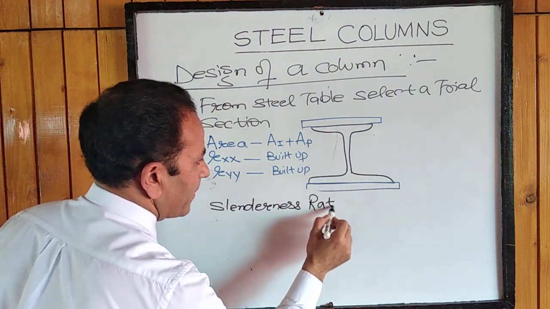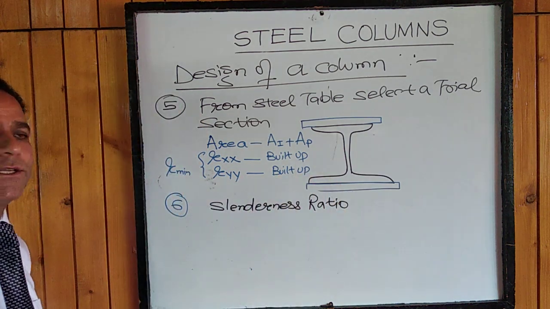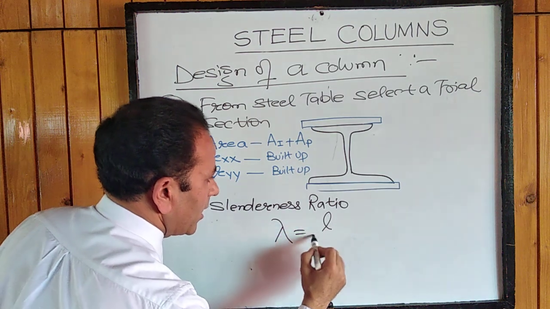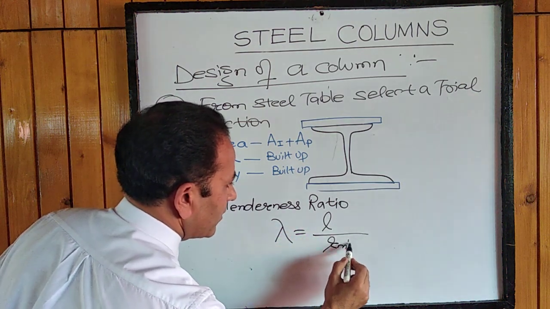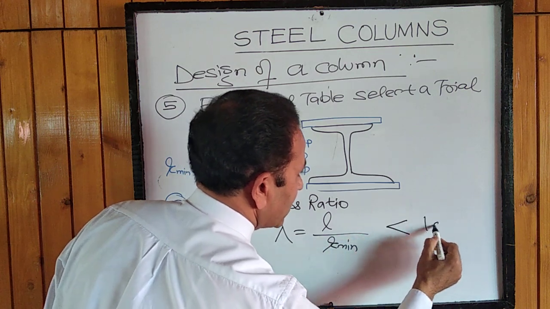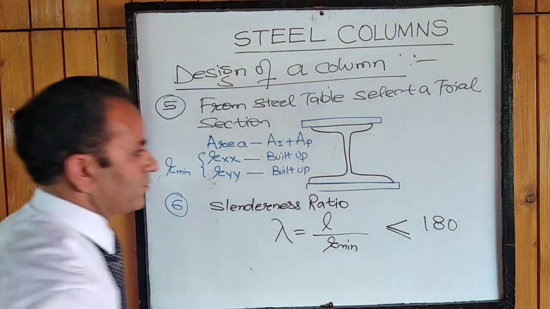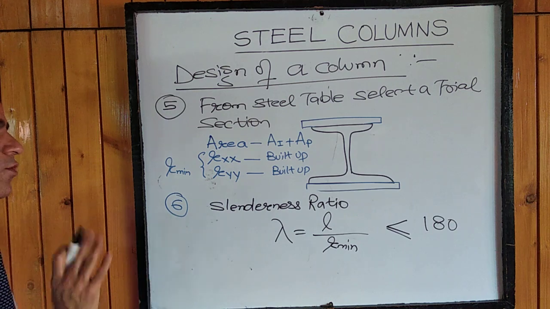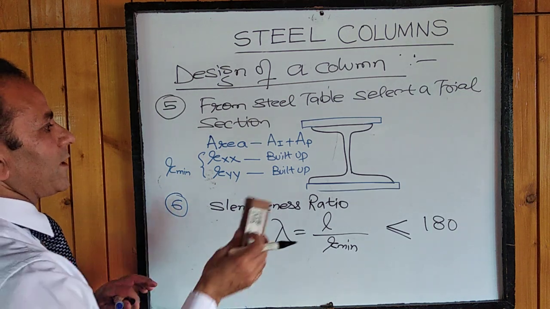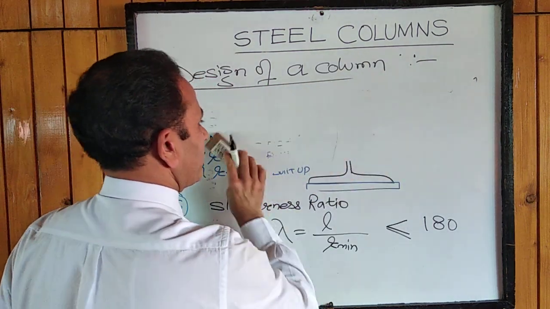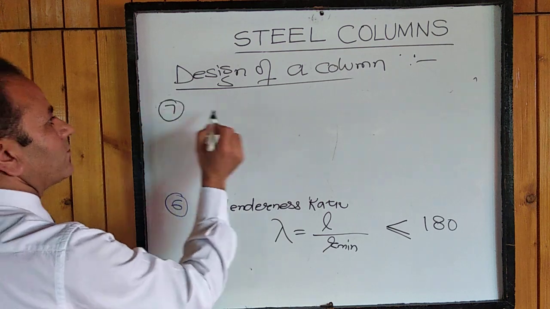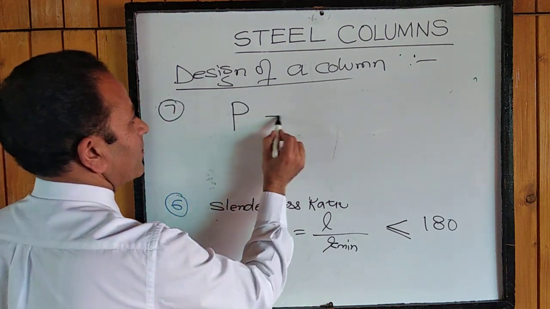Slenderness ratio for this particular section, either individual section or a built up section, lambda equals L upon R minimum. We'll check here, this lambda has to be less than 180 or at the most equal to this, it cannot exceed. So if this condition is satisfied, then we'll go back and find out the load